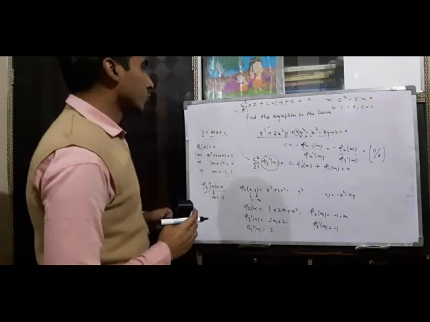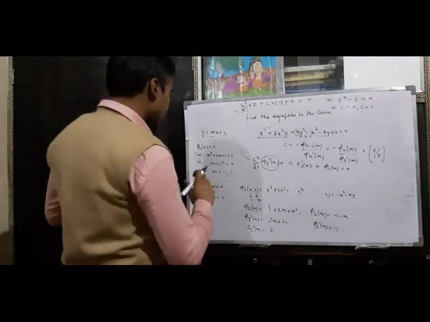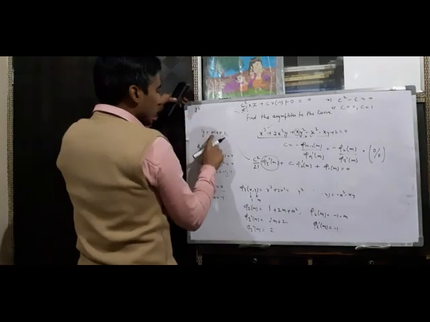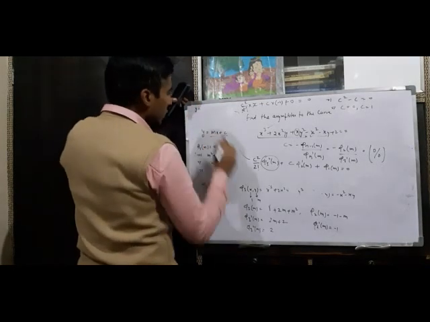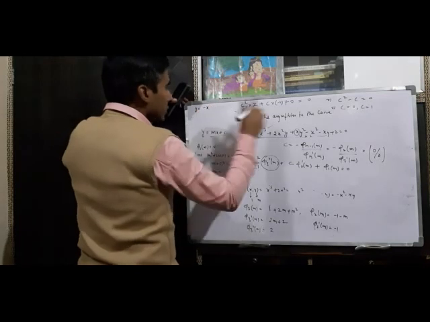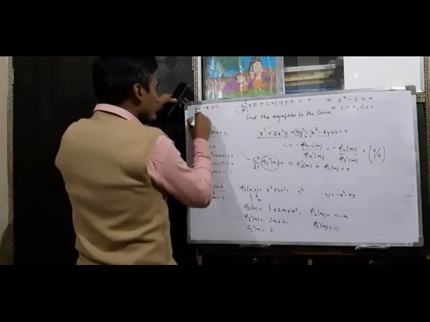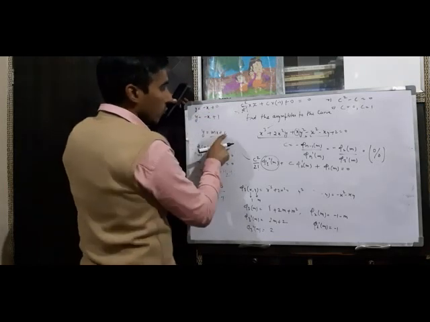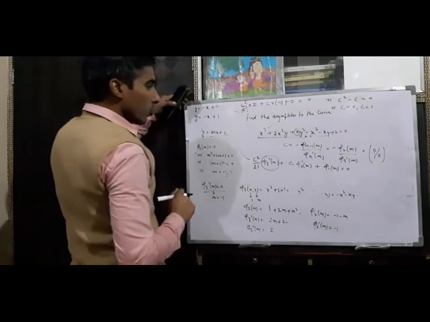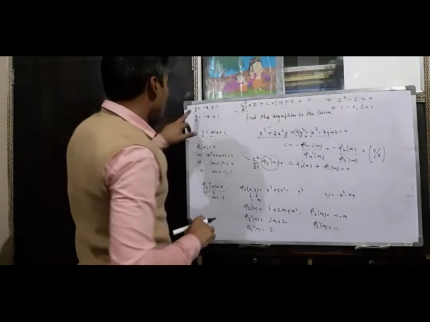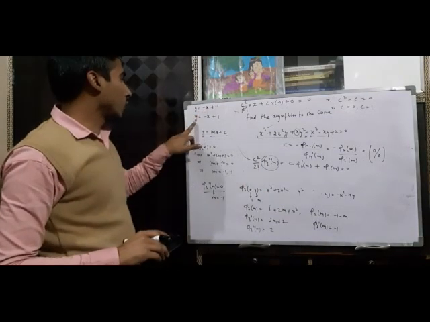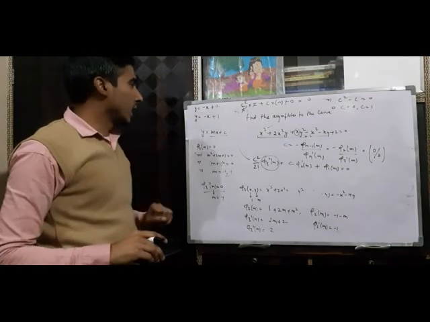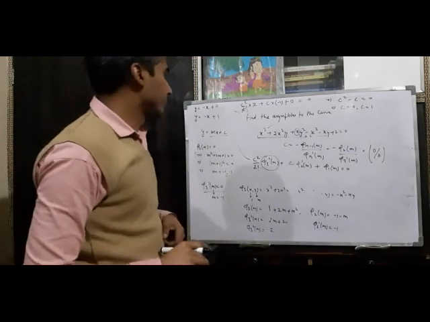On the basis of this we can say that the asymptotes are y equal to mx plus c. So we get y equal to, when m is minus 1, minus x plus 0, and the second one is y equal to minus x plus 1, here c is 1. So all the asymptotes are y equal to minus x and y equal to minus x plus 1. So these are the asymptotes for the given curve. Thank you.